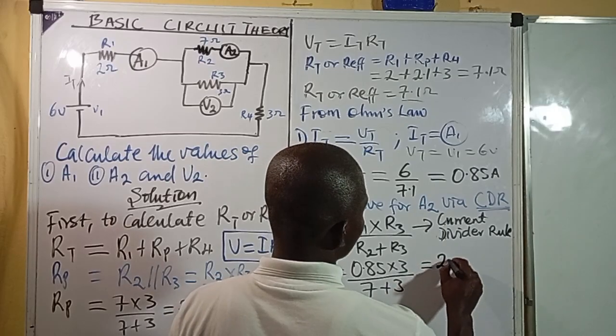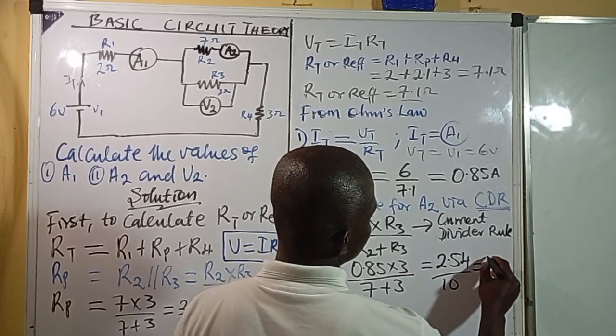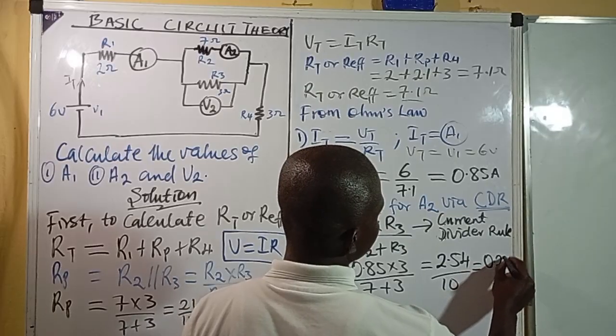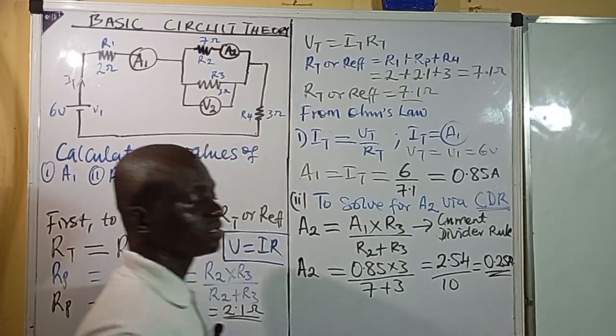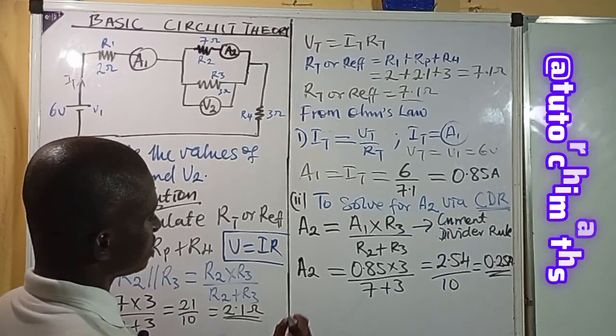We can have here 2.54 divided by 10. This is equal to 0.25 amp. Okay, 0.25 ampere. So I can say